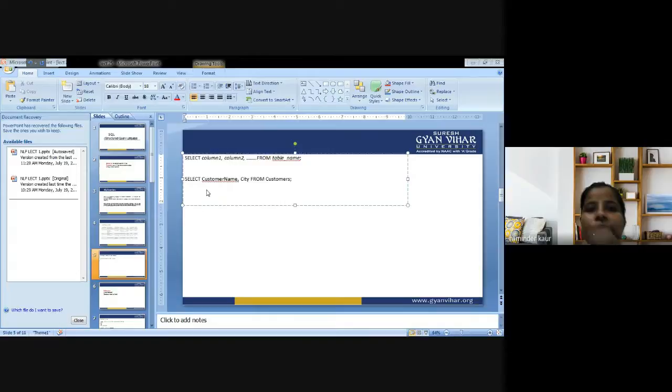Now select customer name, city from customer table. We are dealing with 2 attributes, customer name and city, from table customer. So what would be the result? That would be displayed here.